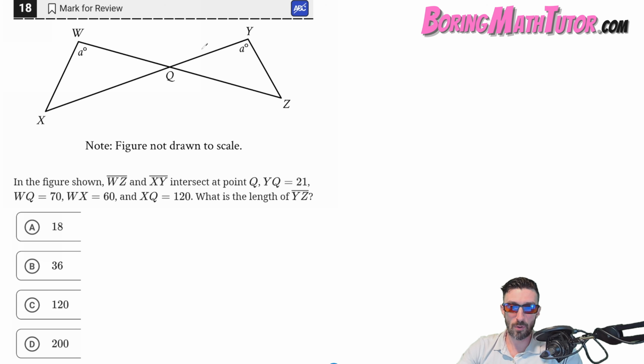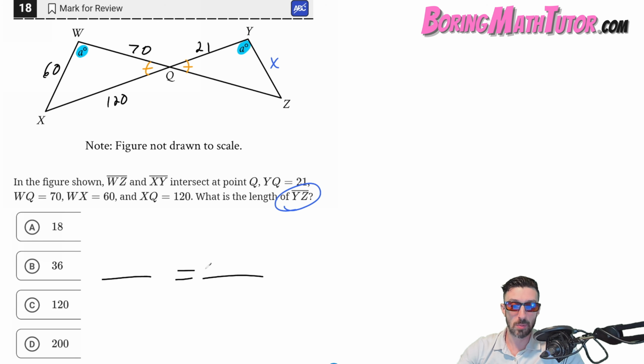Got a fun little problem here where we first need to put in all the information that they gave us. And then after we do that, we then got to realize what they're asking for. They're asking for YZ, so that means I'm going to put an X right there. But this angle and that angle both have A, so that means that those angles are equal. Then I could say that these two angles are equal. Well, that must mean that all the angles are equal. And if all the angles are equal, that means we can set up a